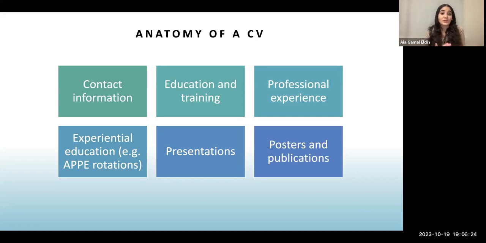experiential education, so your APPEs, your IPPEs, any high-level presentations you gave throughout pharmacy school, and a lot of this is going to come from your IPPEs and APPEs as well, any posters or publications that you helped out with and partook in,